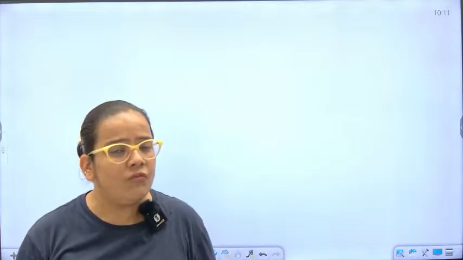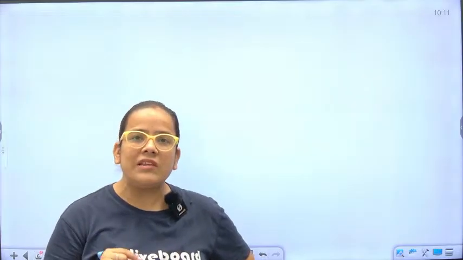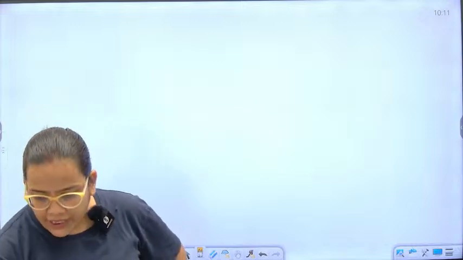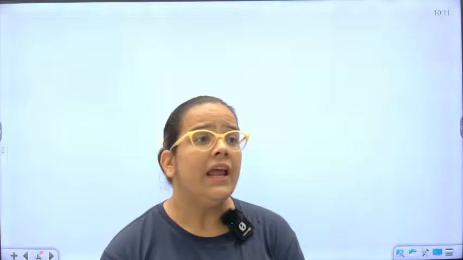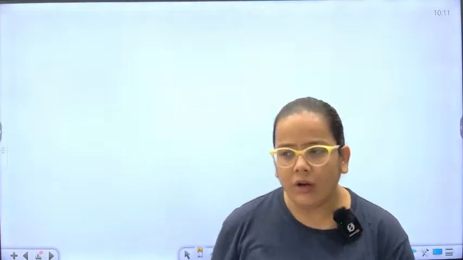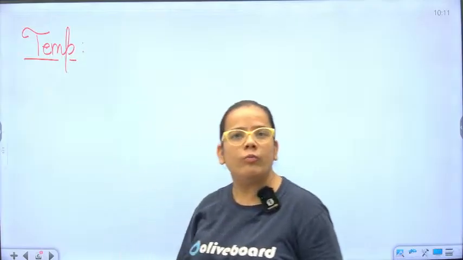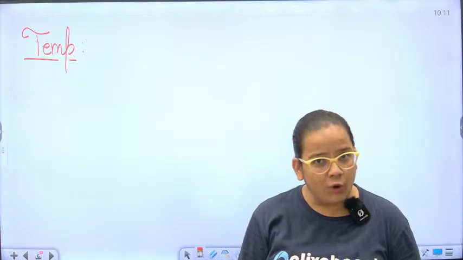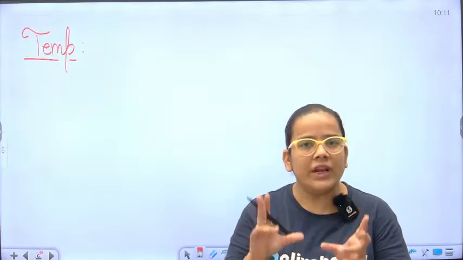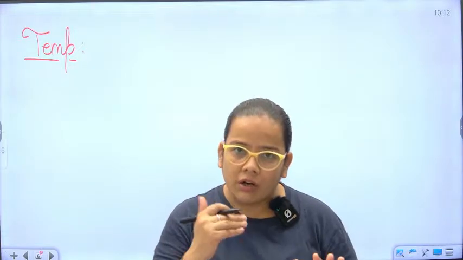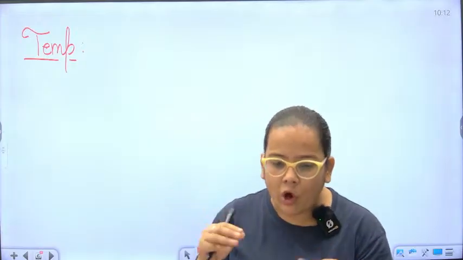Now, basically in the case of heat, as we know, heat is somewhat associated with temperature. So what is temperature? Temperature is basically a degree of hotness and coldness which is measured by a physical quantity that we call temperature. Or we can say temperature is basically a relative measure. For example, if I ask you what's your body temperature and you tell me it's around 102, that means your body is too hot. If it is below 98, your body is normal or cold. So actually temperature is telling you any object's hotness or coldness. Here we can say that temperature is a relative measure or indication